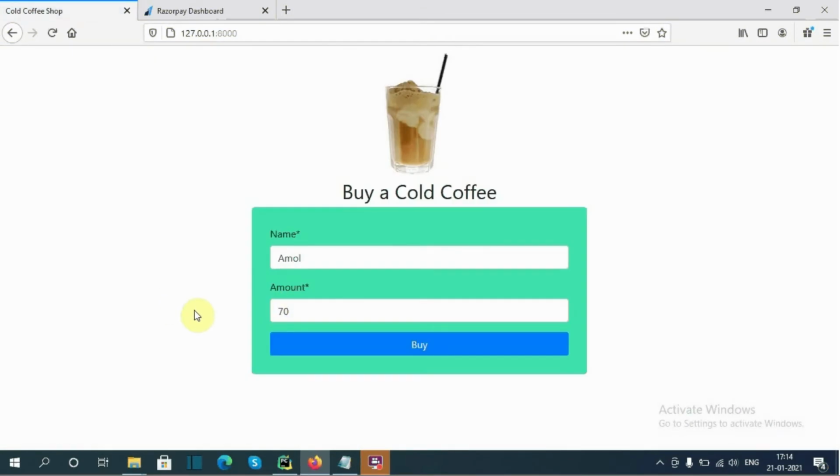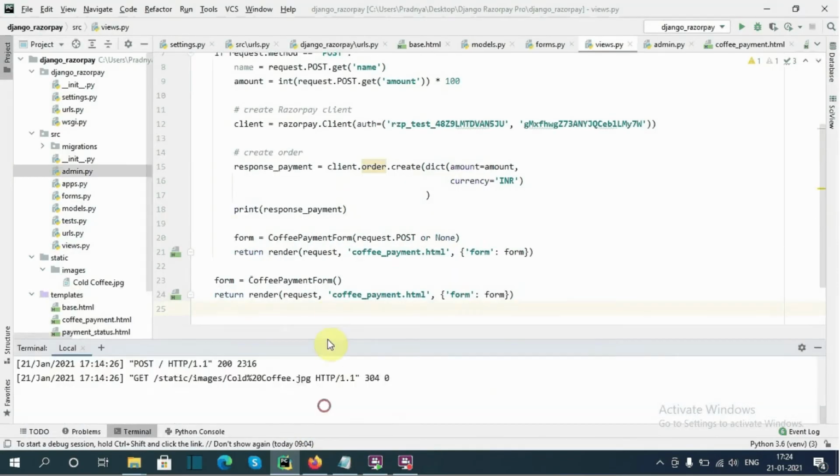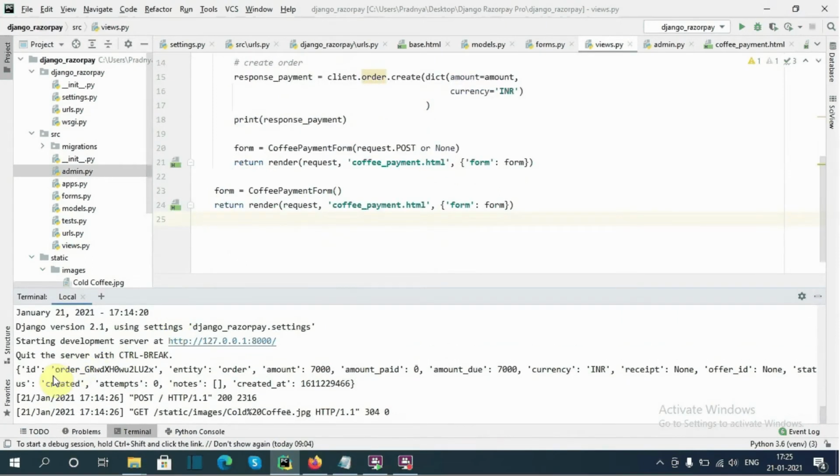Okay, now let's refresh here. Now the error is gone. These are the values returned by Razorpay's order API. So here is the ID, that is the order ID, then entity, and here is the amount we passed, 70 rupees, which means 7000 paise, and the currency we passed, and here is the status, created. That means the order is created successfully.